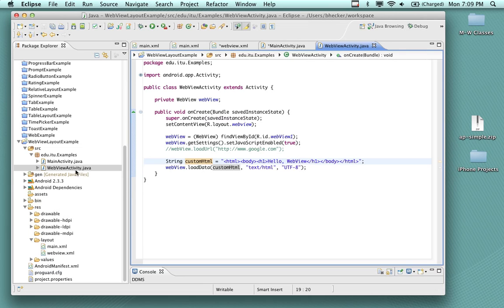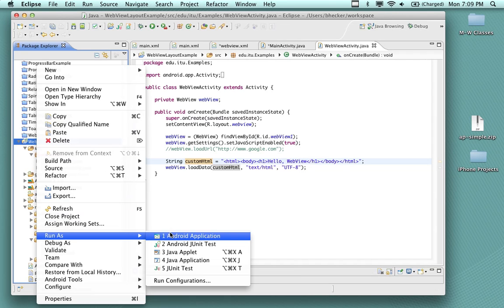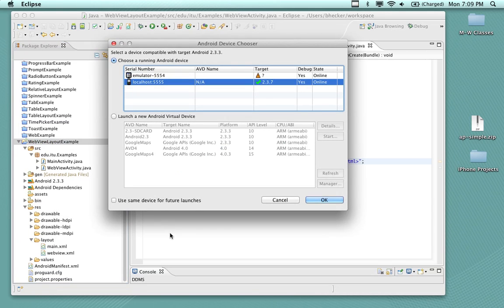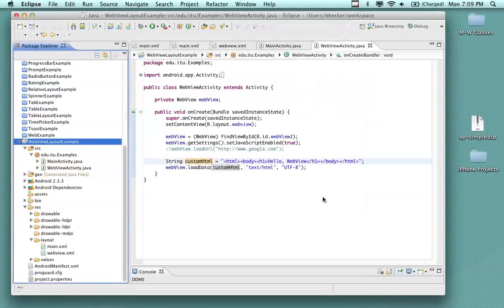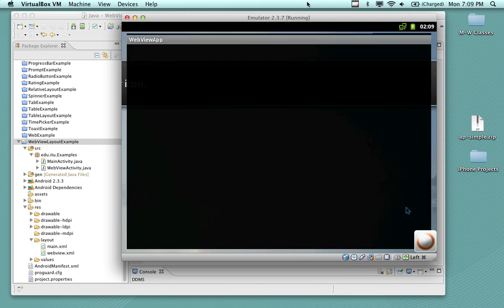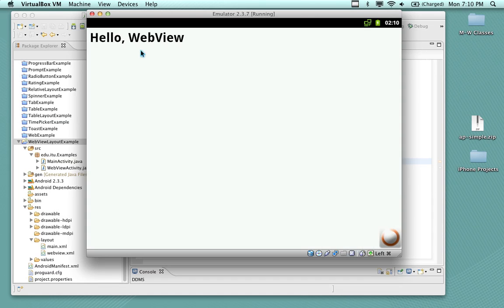So if I run this program, I'm going to get a screen that comes up with a button, and the button's going to say, click for Google. Let's take a look here. Click to go to Google. Well, it's not. It's going to run that. It's going to load that string, because that's what I put in there. Here's the Hello WebView string that I put in there. If I take that string out